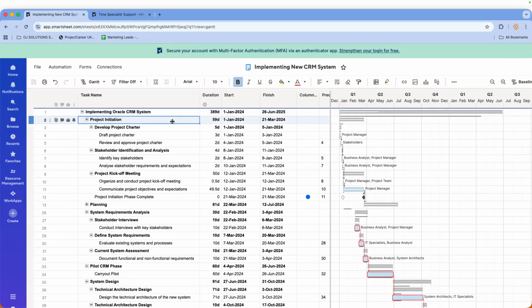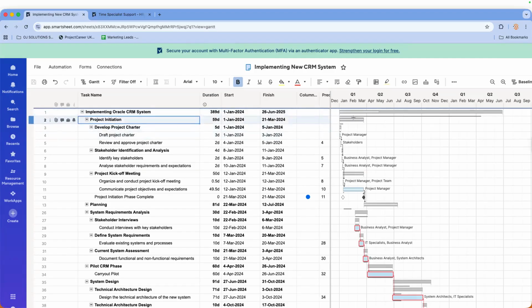line as project. I say on the same line because if you look closely, you'll see that where this minus is, they're not on the same line. Initiation is inside the project, right? So this is what you have to keep in mind when you're setting up your project, okay? Initiation is inside the project. Develop project charter is inside initiation, right? And develop project charter itself has got activities within itself, okay?